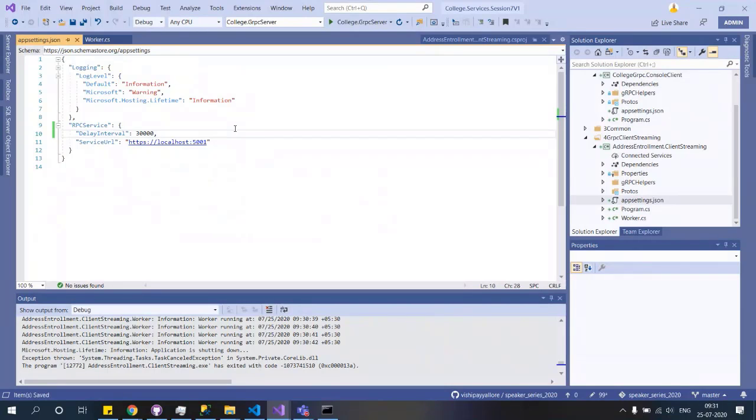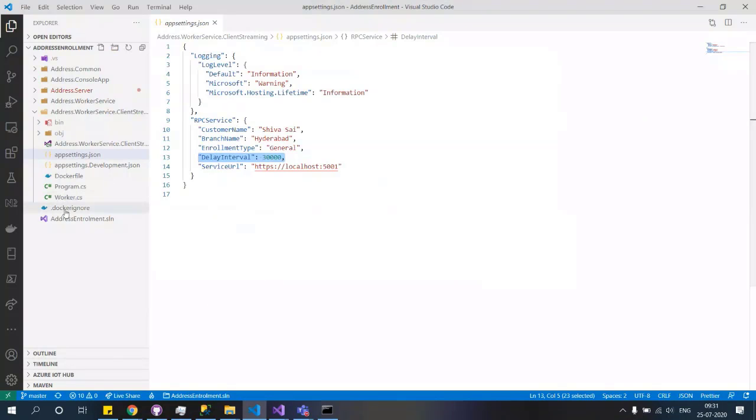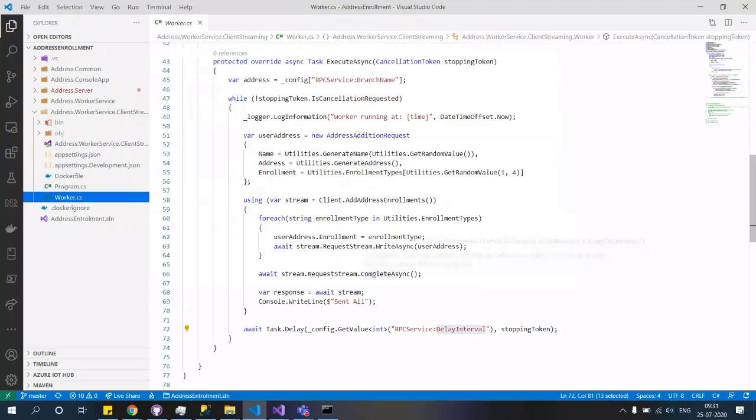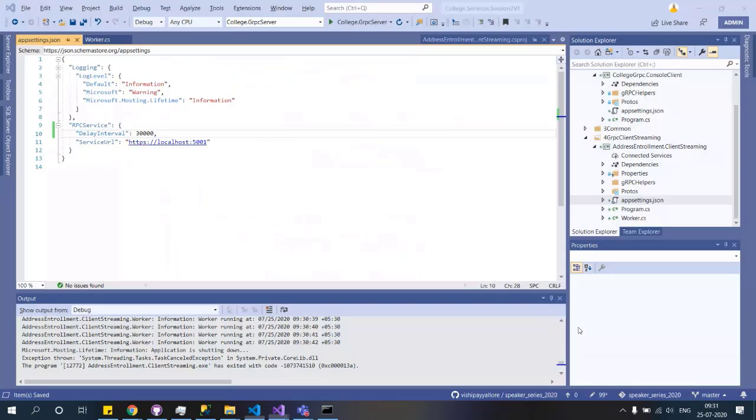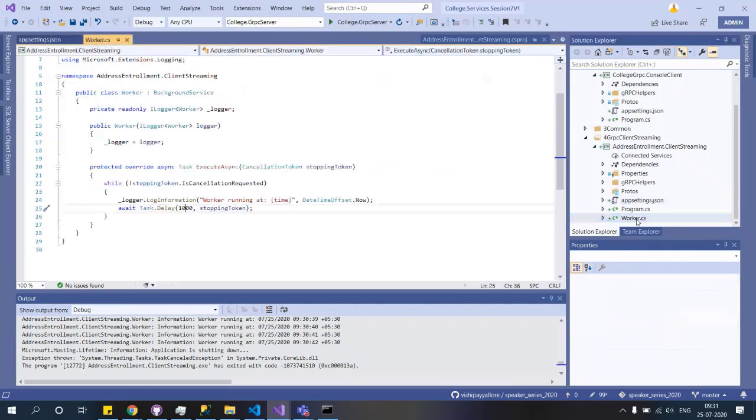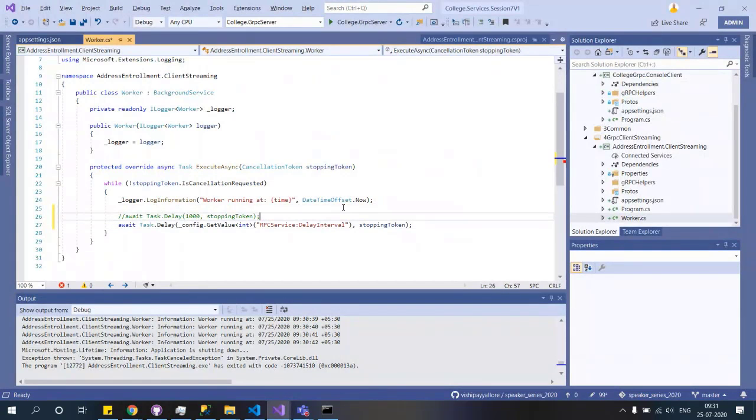Okay, the delay interval. The next thing is that we want things to go on the delay interval, whatever is there, instead of 1 second, it should go on 3 seconds. Let me comment this and remove that line, at least for the time being.